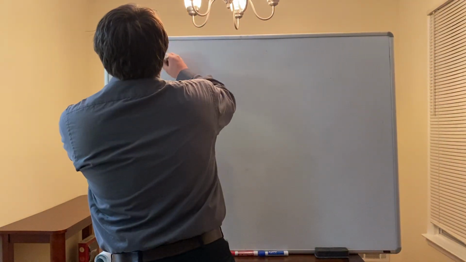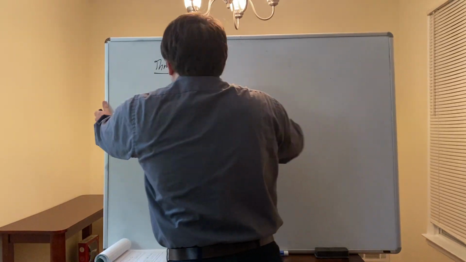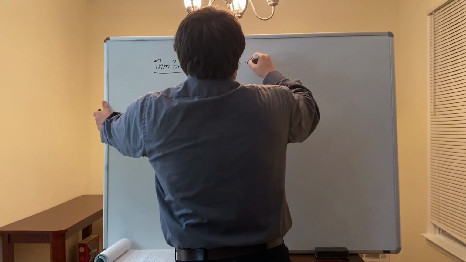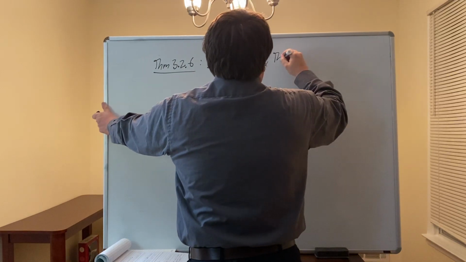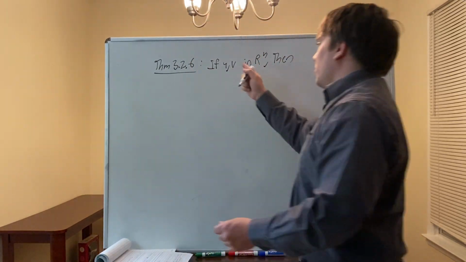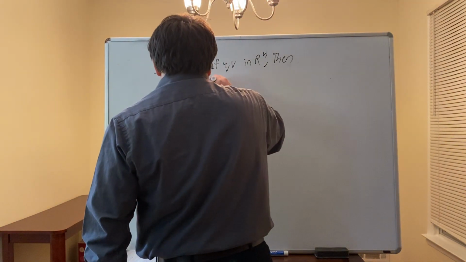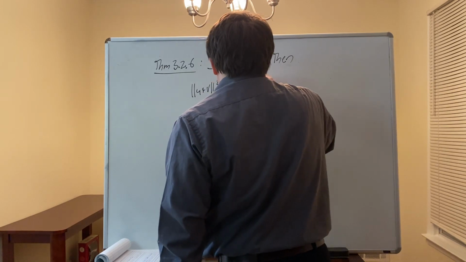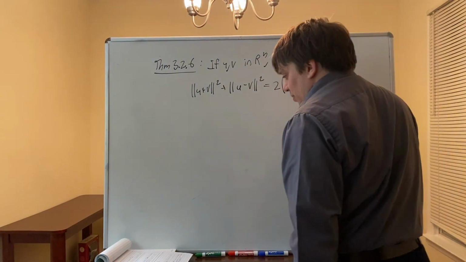So theorem 3.2.6: if u and v are vectors in n space, then, I'm slowly starting to write less and less. Okay, so if u, v is in Rn, then the norm of u plus v squared plus the norm of u minus v squared is equal to 2 times